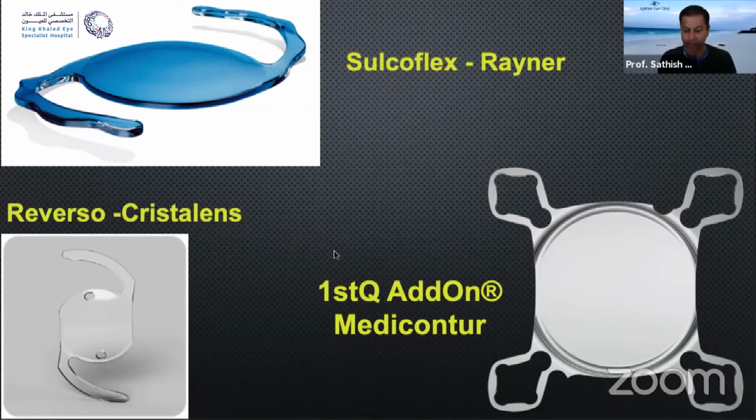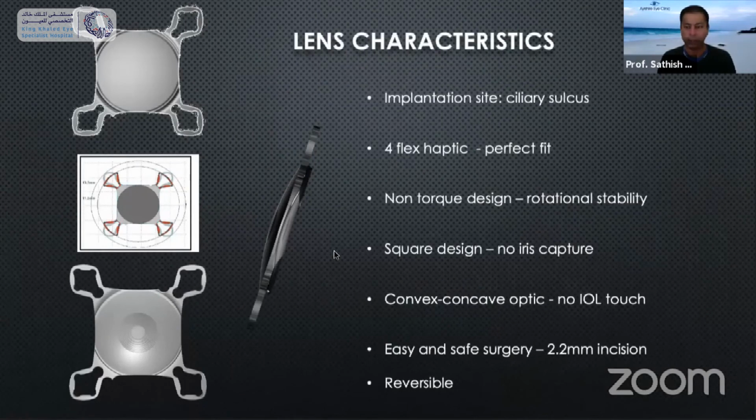And for this lecture, I'll be restricting myself to talk about the first Q Contur lens, which I've got a reasonable experience with. As you can see from this slide, these lenses have 4 haptics, with a square design, but the edges are not sharp edges. As you all know, to reduce posterior capsular opacification, the lenses which are implanted inside the capsular bag have to have a sharp edge to reduce the amount of PCO. Whereas the lenses which are designed to be placed in the ciliary sulcus have got a rounded edge